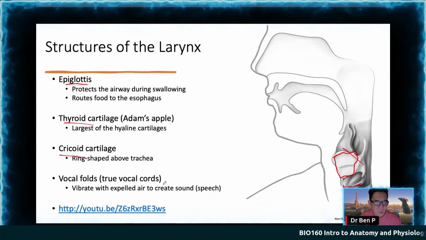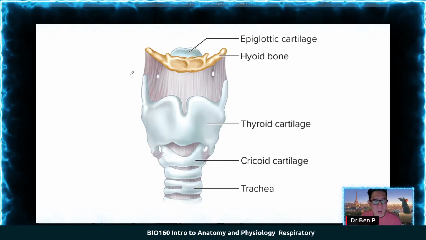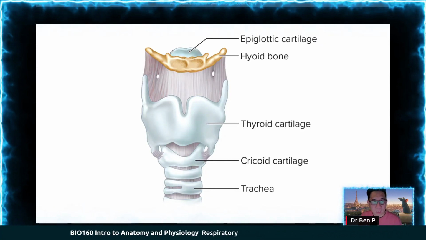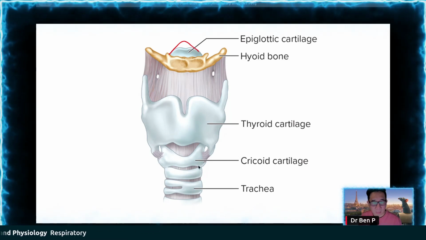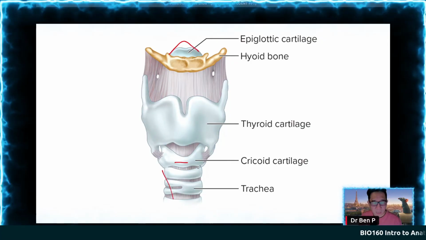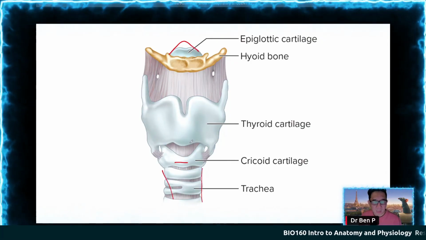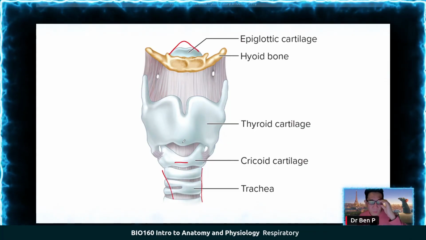Okay, good video to watch as well. You want to watch that video on the bottom. Again, this is the hyoid bone here. You have the epiglottis on the top. You have the thyroid cartilage. You have the cricoid cartilage right here on the bottom, and these are the trachea. Sometimes what we do is called